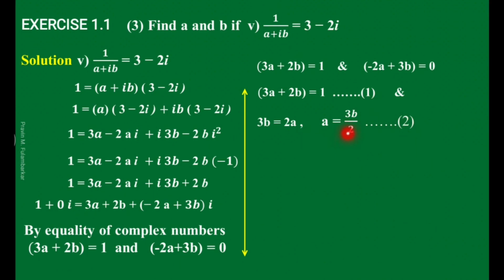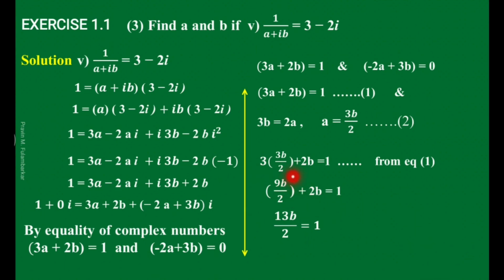Now substitute a equals to 3b by 2 in equation 1. So we substitute this a as 3b by 2. So we write here from equation 1, we replace this a by 3b by 2 and this 2b as it is. Now multiply by 3. So we get 9b by 2 plus 2b. So we take b common here. So we write first 3 into 3, 9b by 2 plus 2b equals to 1. So take b common,